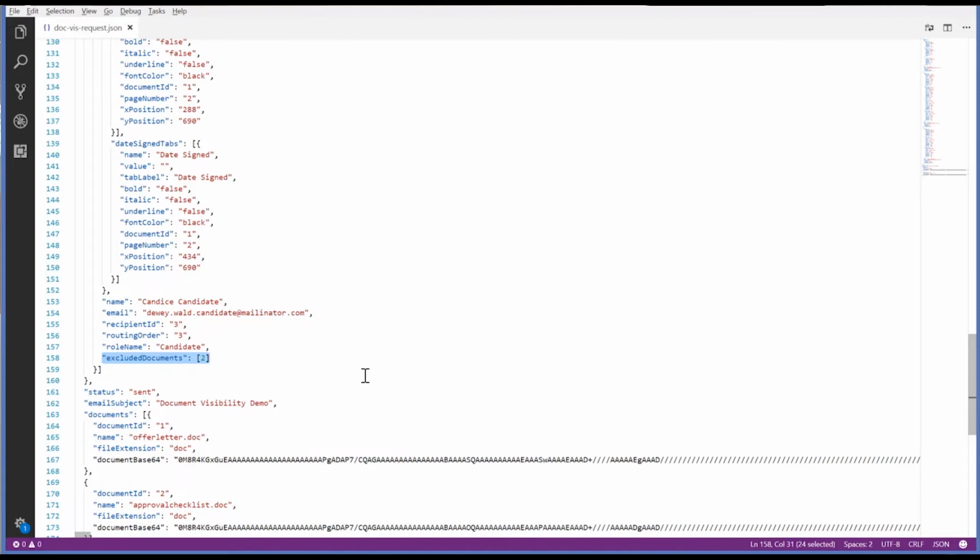So part of the recipient JSON is which documents you don't want to include. And all you do is put the IDs of the documents into an array of the request. So it's pretty straightforward and simple. And the last thing you'll show here is that we have the 2 documents, one being our offer letter and the one being our approval checklist that goes in the